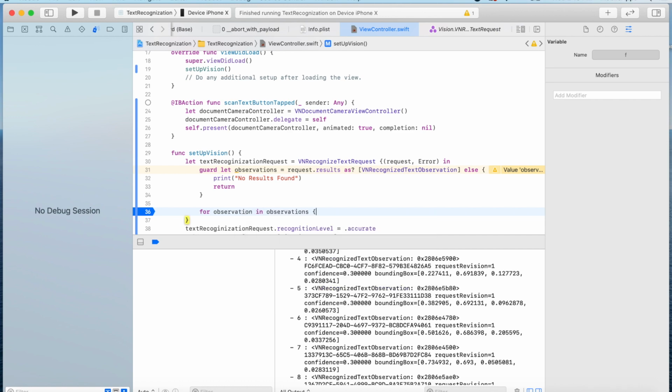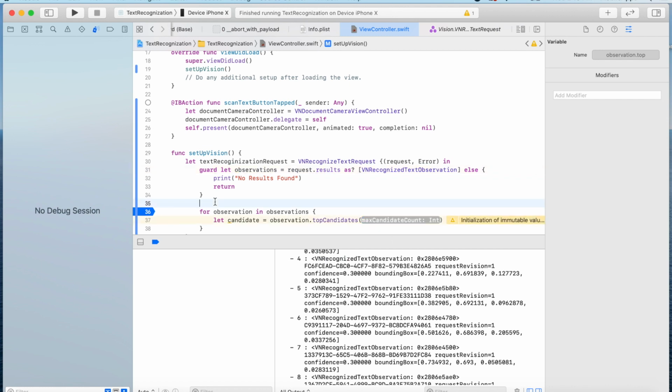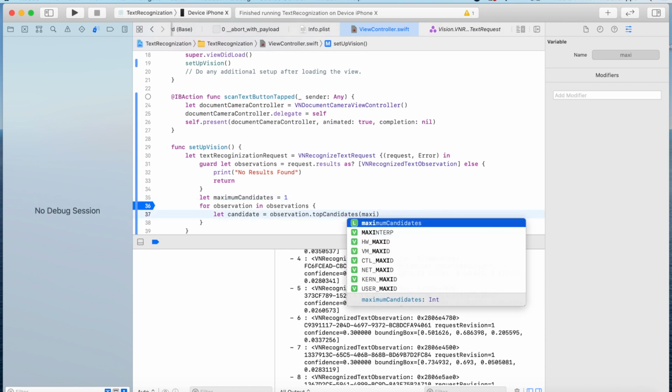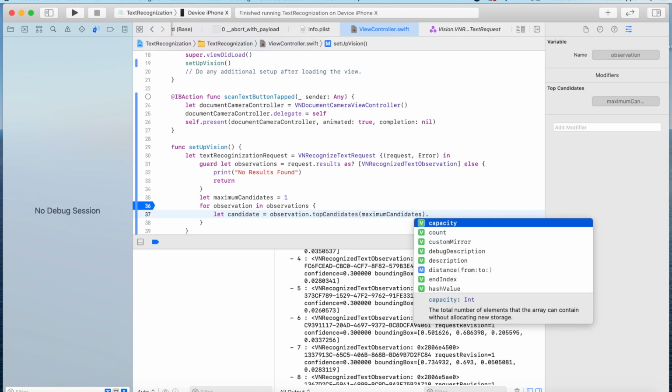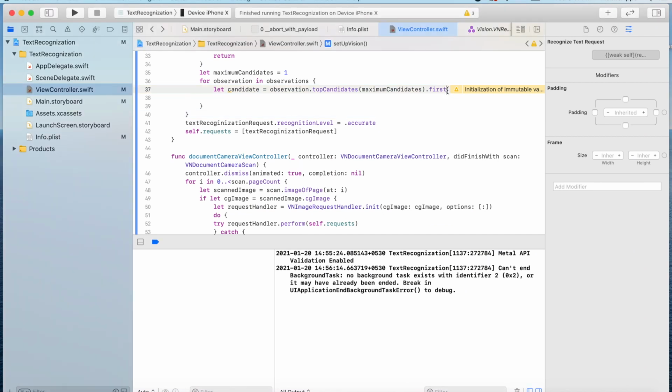Each observation has candidates. So we are going to get the top candidates, meaning it will return many candidates with different accuracy levels. Always we are going to take the top candidate, and the maximum number of candidates it picks is 1. I'm setting it as 1, and we can set between 1 to 10, and out of that I'm picking the first candidate. So this is the most accurate one.